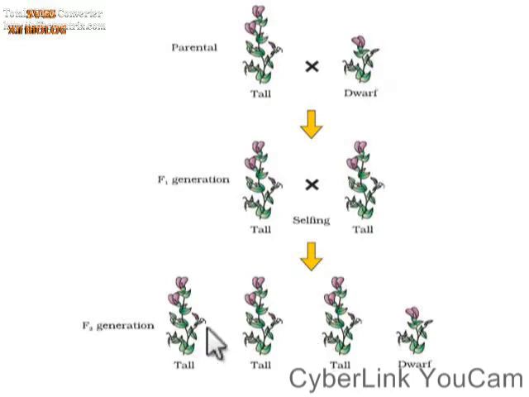So for studying inheritance of a single gene, that is a monohybrid cross, he took two different plants. The phenotypes he took were a tall plant and a dwarf plant. The parental tall plant and dwarf plant were crossed, and the F1 progeny was produced. All the progenies in the first generation were tall plants. When the first generation was self-crossed, the second generation produced one dwarf plant and three tall. So he said that 3:1 is the phenotypic ratio. The 3:1 ratio is termed the Mendelian ratio.